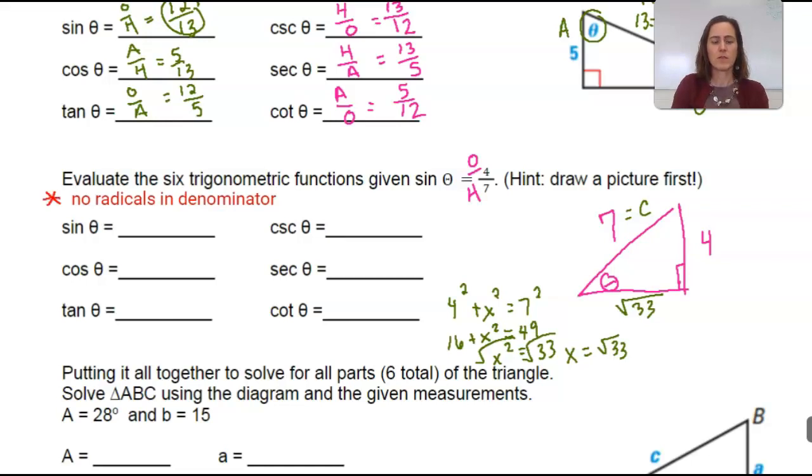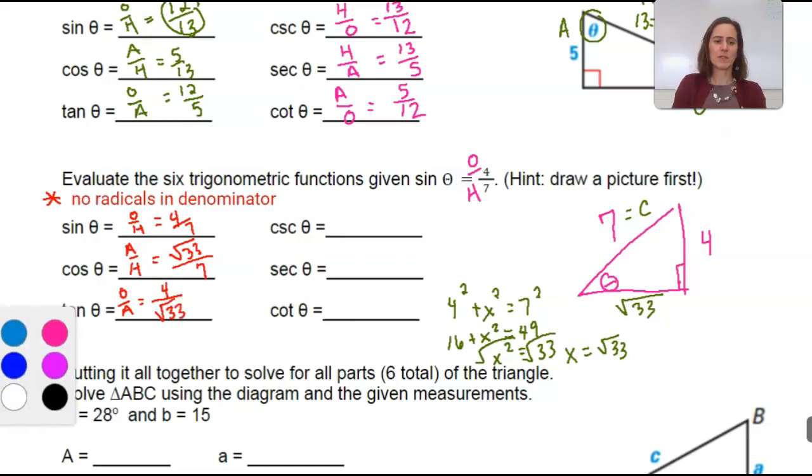So I'm going to kind of box this a little bit, or at least start it for when we get to that point. So sine, again, is opposite over hypotenuse. So we have given to us in the directions is 4 over 7. Cosine is adjacent over hypotenuse, so we have square root of 33 over 7, which is fine because the radical is only in the numerator. Tangent is opposite over adjacent, which is 4 over square root of 33. And this is the problem, is that we can't have that radical in the denominator, so we have to